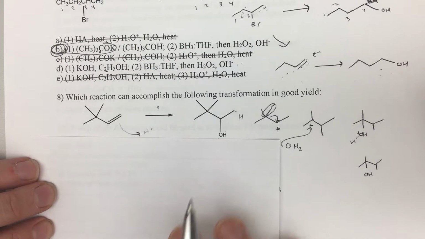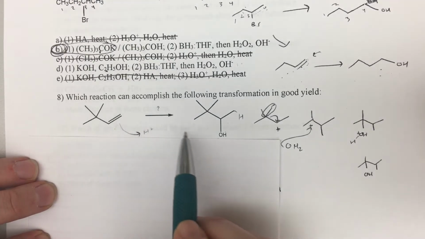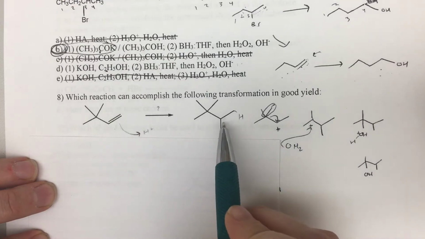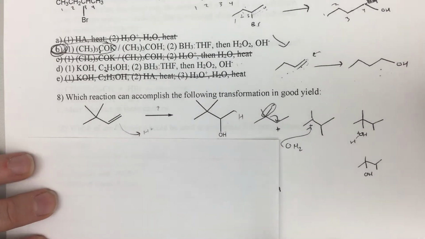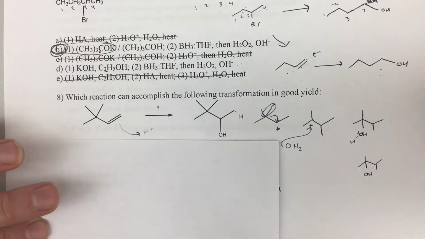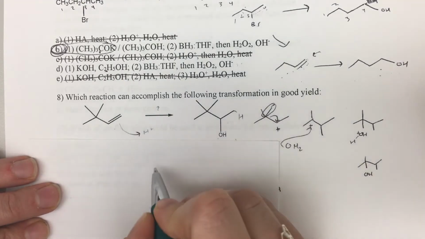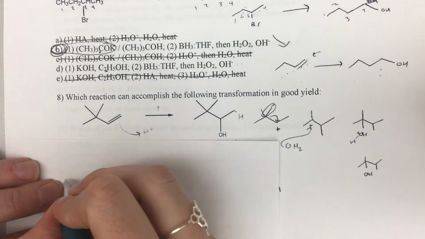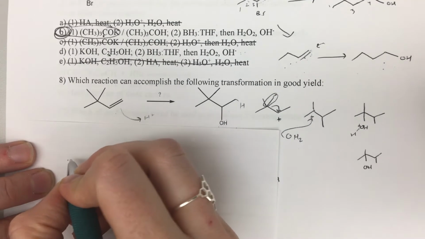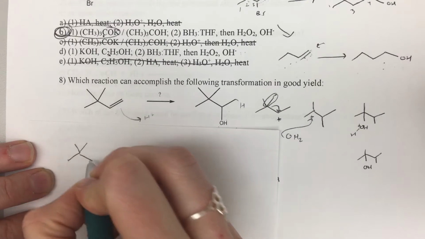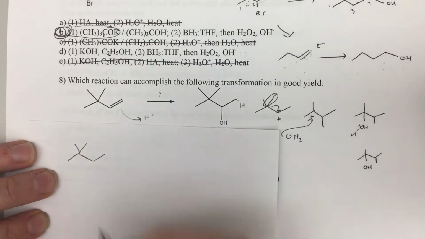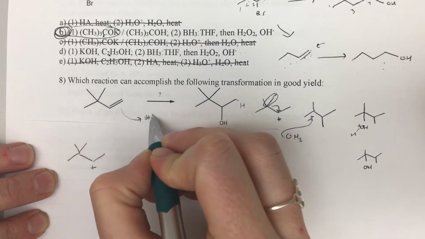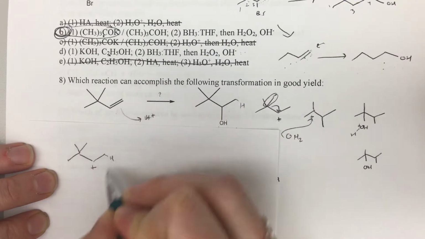So the practice problem here is asking how you can accomplish this transformation. Basically, how can you go from an alkene to an alcohol? And so we have 3 main options of adding an alcohol, or water, if you want to think of it as adding H on one side and OH on the other, across a double bond. There's acid catalyzed, and acid catalyzed is going to have a carbocation that occurs first. So you'll add a proton, this will attack the H+,